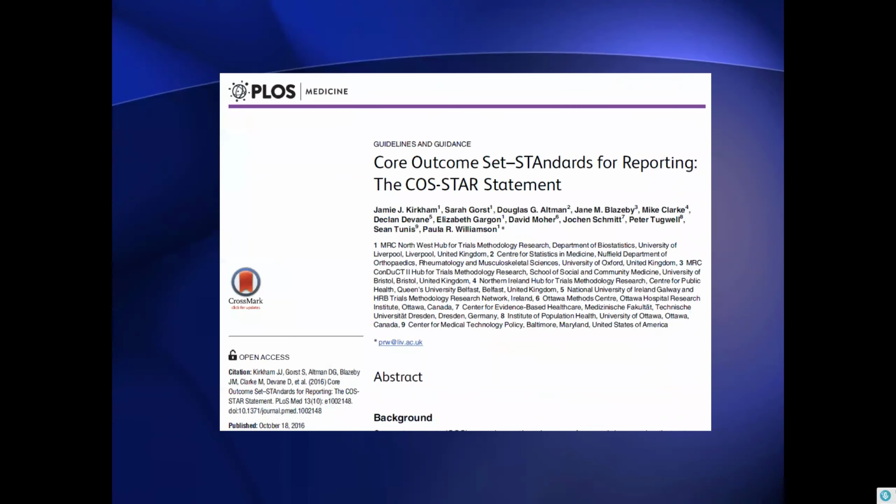We also have a guidance on the standards for reporting the core outcome sets. And again, as with most reporting guidelines, they're intended for the end use in terms of reporting the piece of work that's being done. But as many of you on the call will know, they're invaluable at the front end when you're planning your piece of work, ensuring that your work is planned and aligns with what will subsequently be required in the reporting standard. So a good place to start in terms of planning out your development of your core outcome set work.